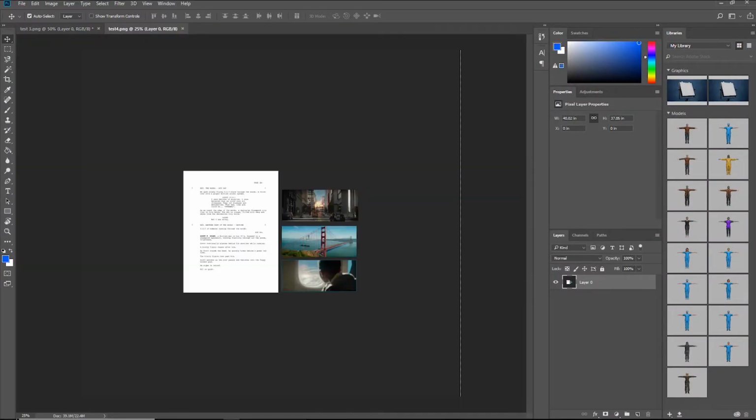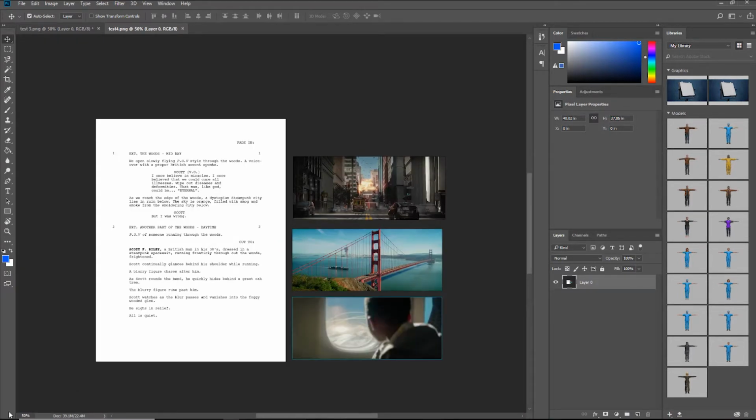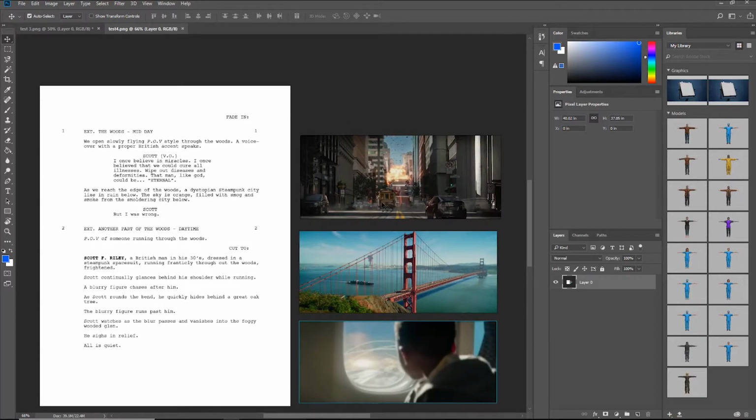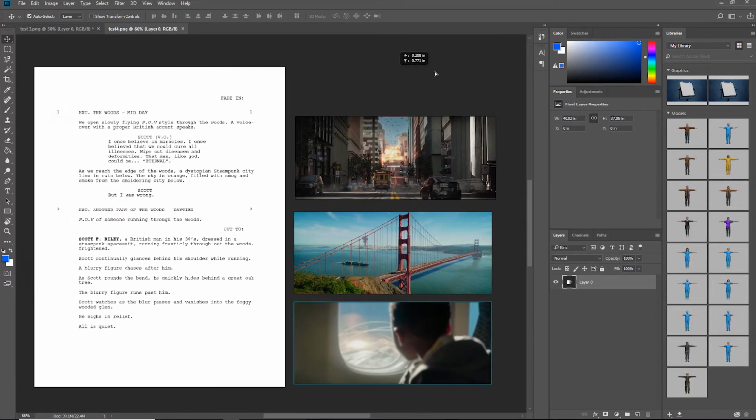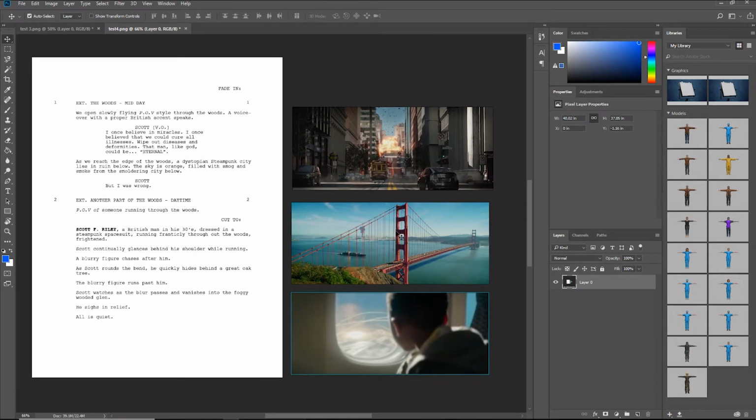Boom. And there you go. There it is in Photoshop. And you can go 50%, or let's do 66%. And there you go. There is your script, and you can kind of move around on the canvas and see what you have. Now that you're in Photoshop, you can take your text tool, and you can write,